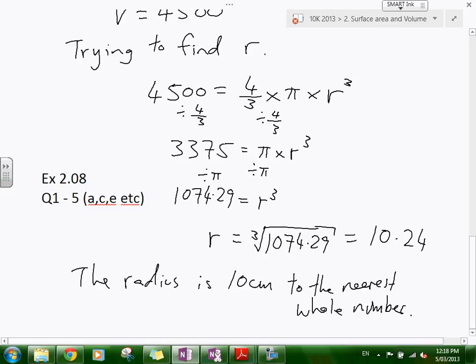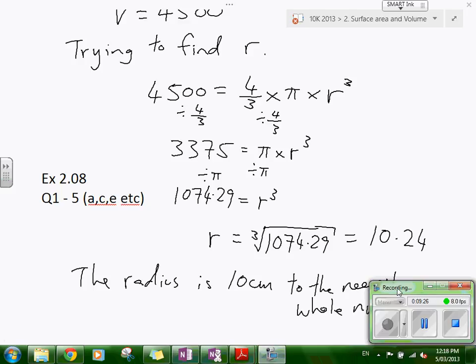So that's the way you approach it. You're either given the volume, find the radius. You're given the radius, find the volume. You're just using this formula, 4 over 3 pi r cubed. Okay? So the exercise is 208. Let me just stop this recording and then